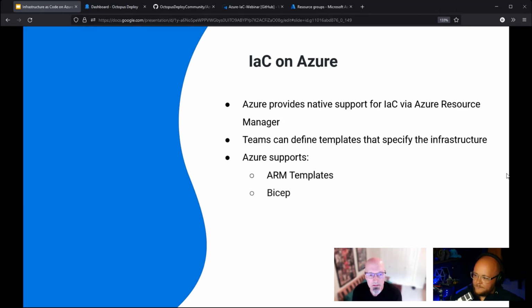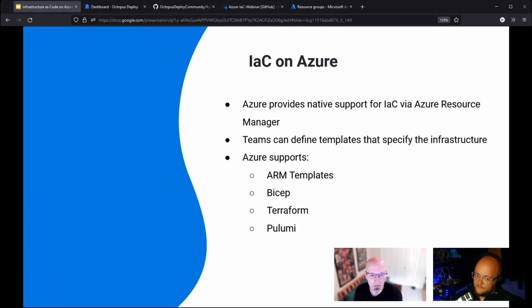One of the things that is important to understand about infrastructure as code on Azure is that Azure has some core infrastructure as code that it has released in the form of ARM templates. But Azure does not take the stance that ARM templates are the only way to deploy to Azure. We understand that customers have different needs and different preferences. Like I mentioned, our team owns all of that, and we want to be sure that you have a great experience deploying to Azure no matter what IaC tool you decide to use. We want to make sure that you're successful,